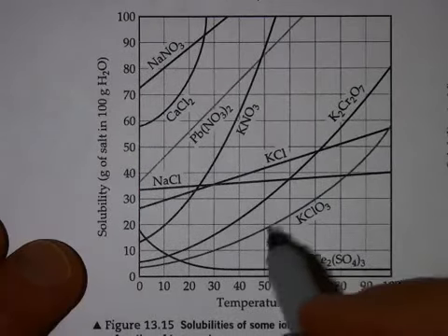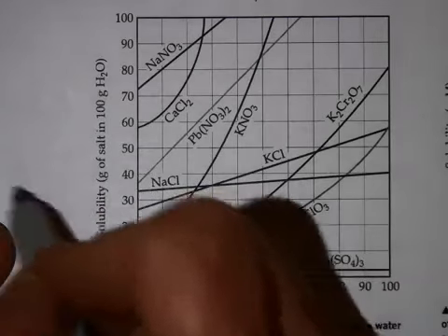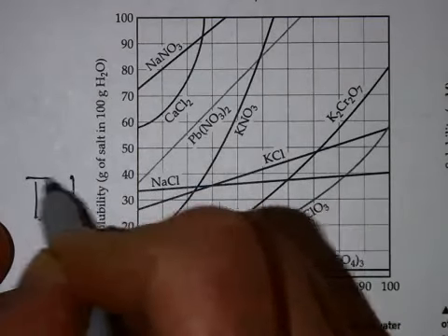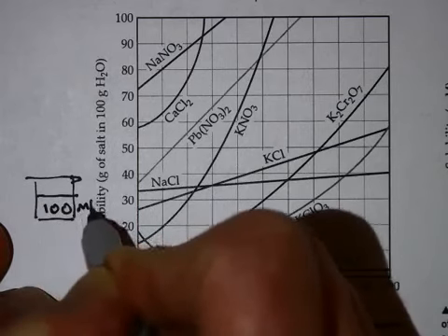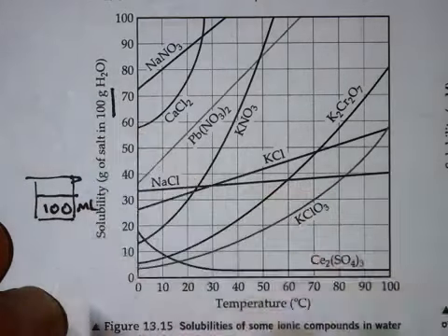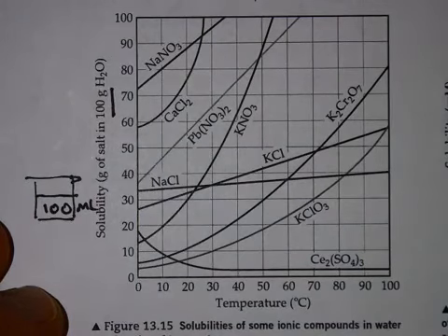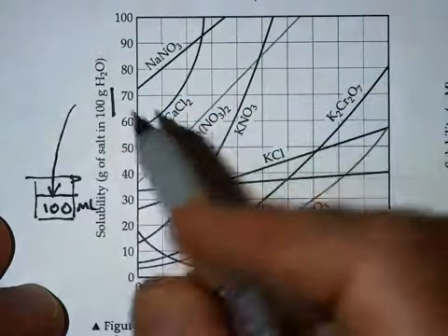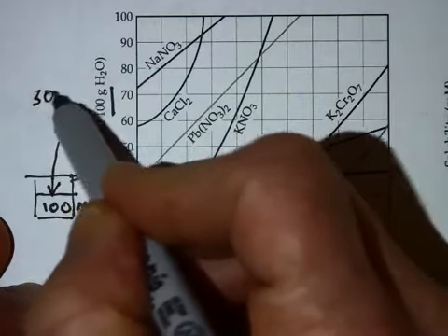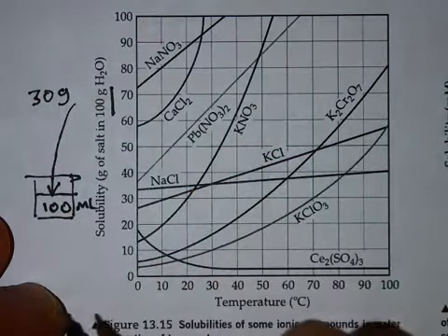Let's say, for example, we have a beaker, and the beaker contains 100 milliliters of water. That fits right in with this because 100 milliliters is about 100 grams, as long as its density is 1 gram per milliliter. Inside of that, I'm going to take, and I shouldn't say dissolve because that's the wrong word, I'm going to place inside of this beaker 30 grams of